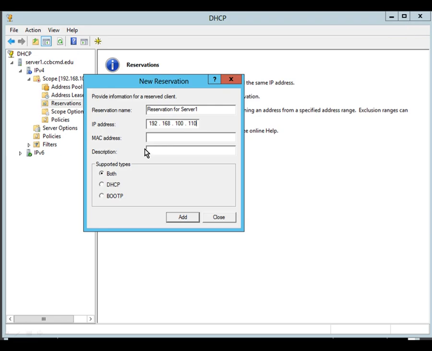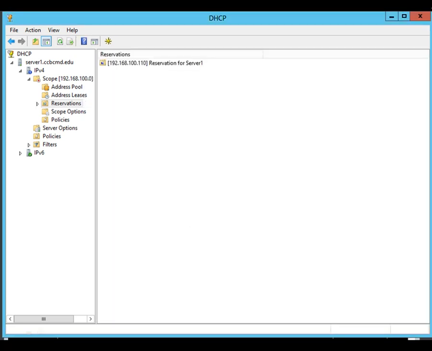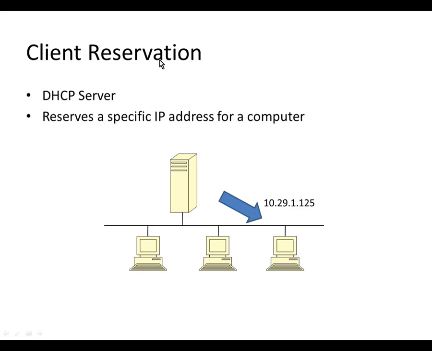So what I do is I type in this MAC address, so that way this IP address is always assigned to this computer. With client reservations, the DHCP server issues a specific IP address to the same computer each time. And this is the end of part